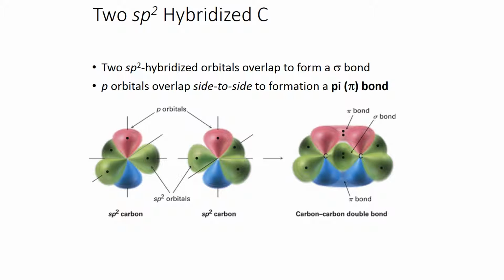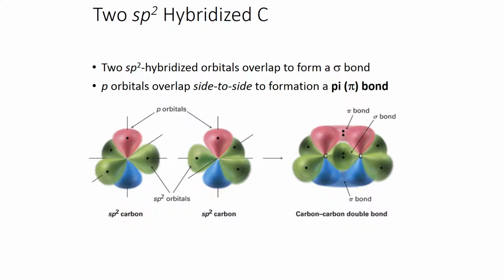So now what I'm going to do is I'm going to have these 2 sp2 hybridized orbitals come in. So I'm going to bring this and this orbital together, and they're going to overlap and make a sigma bond. Then, when you have those overlap, these 2 p orbitals can overlap in a side-to-side fashion. And when they overlap in the side-to-side fashion, what do we get? We get a